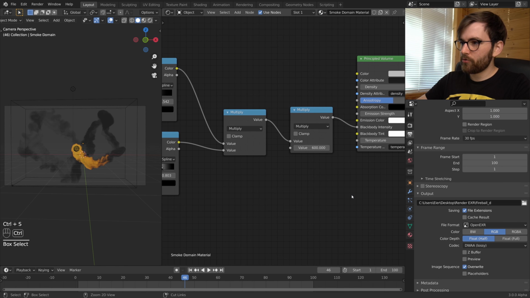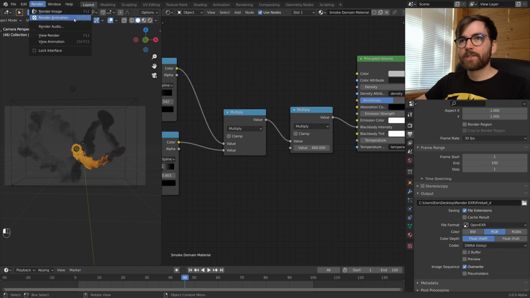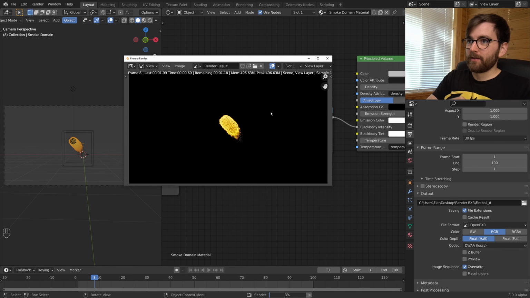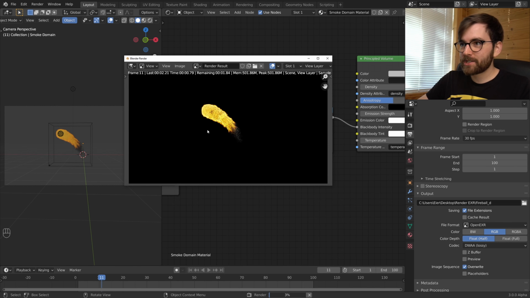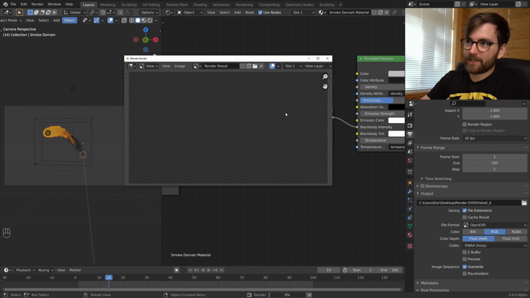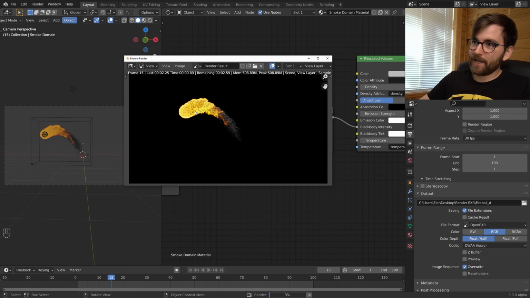Except Blender usually crashes the first time I render. So let's just try it. Let's go render and render animation. Okay, so it looks good. It doesn't crash. We're actually just at 2 seconds per frame, which, I mean, if you told me 10 years ago that we will be rendering smoke simulation with like real ray tracing in 2 seconds per frame,